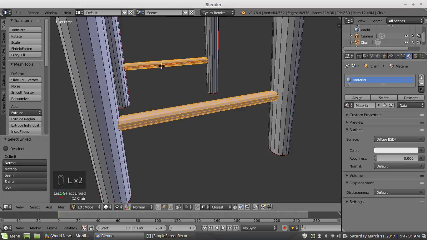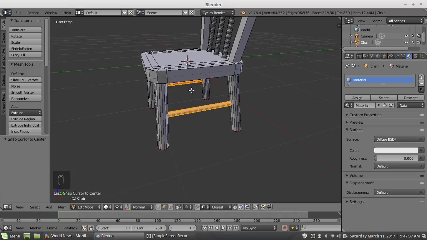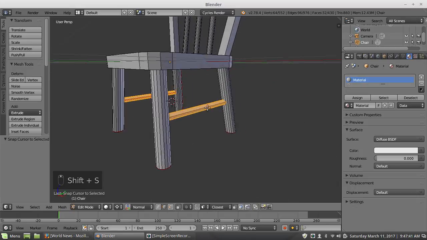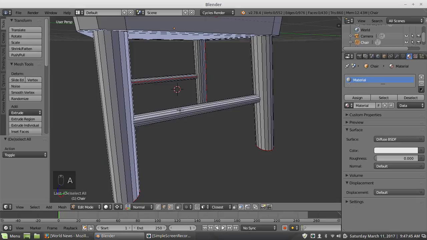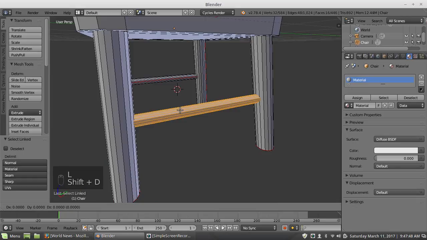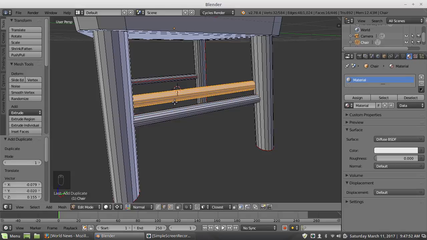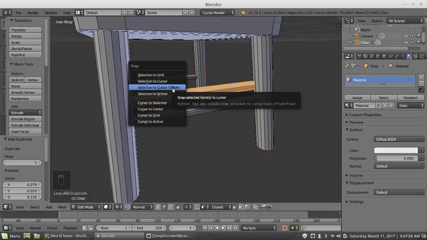And I'm going to select both of these, and put the cursor to the center of the selection. Then I'm going to select this one and duplicate it, and it doesn't matter where I put it, I am going to snap it using selection to cursor offset.